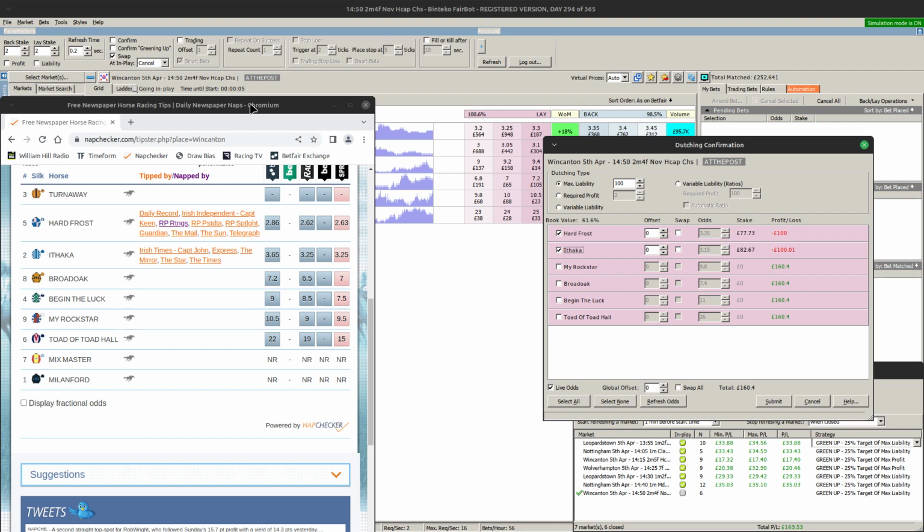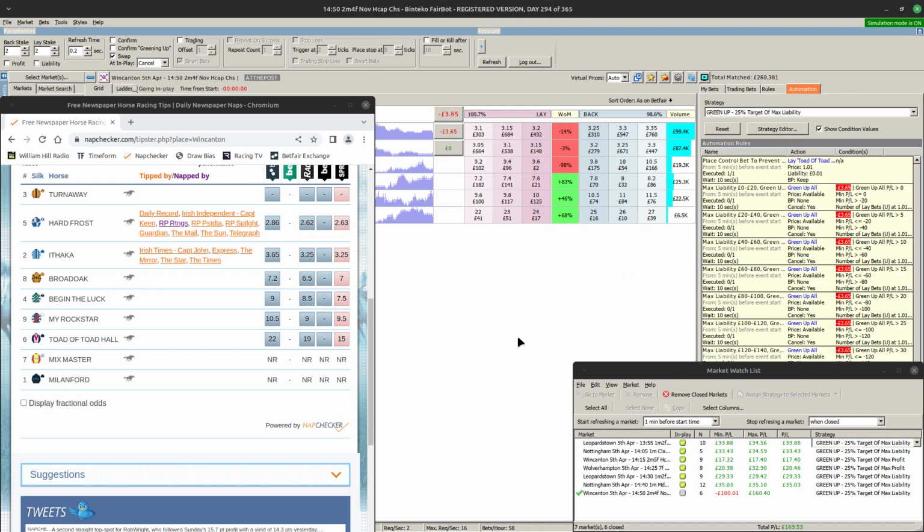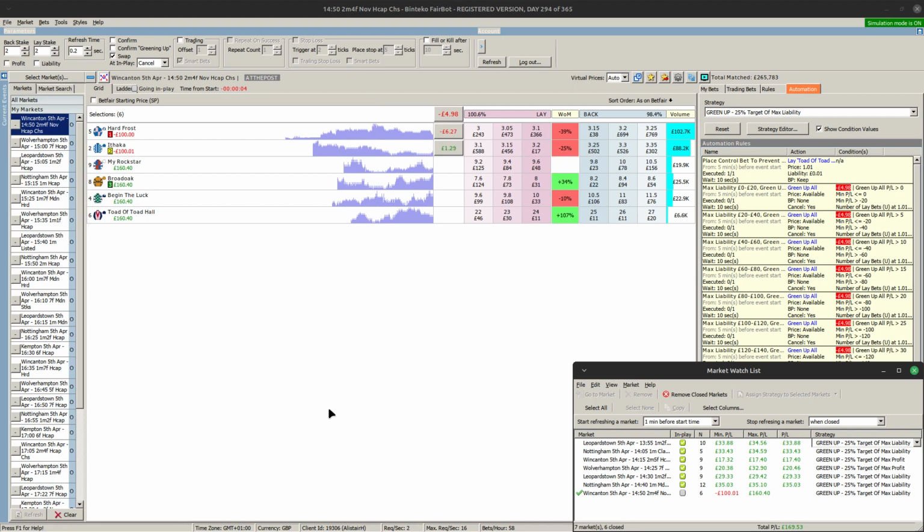Okay, so we're coming up to post time here, so I'm just going to submit that. Our automation is in place. Just get this out of the way so we can see everything. So as you can see, we've got 6 races closed out so far, and quite a nice profit. And all of those races